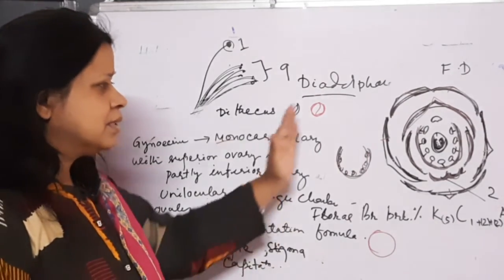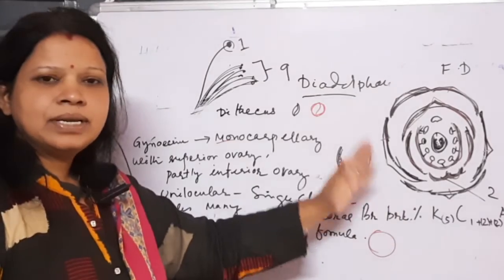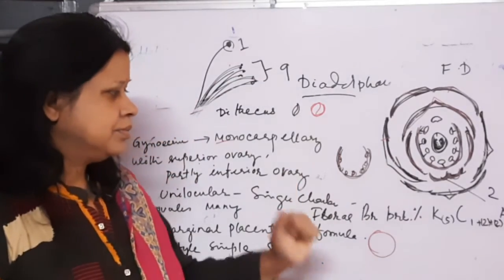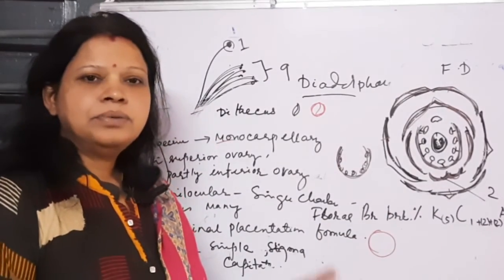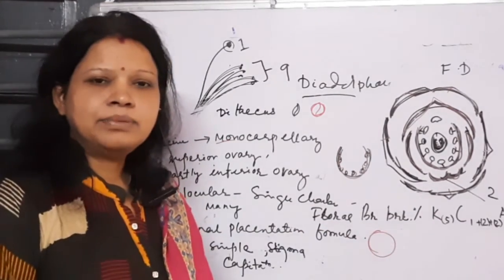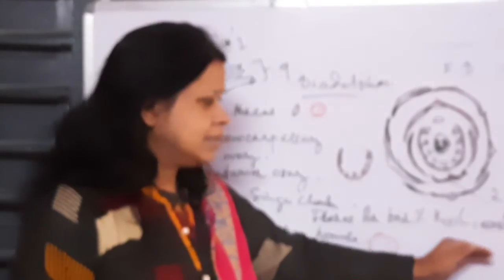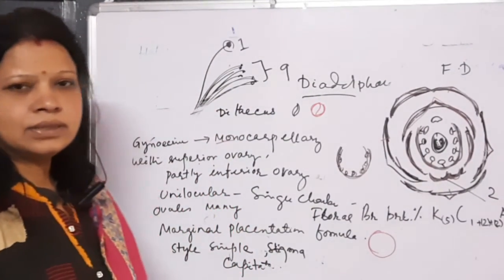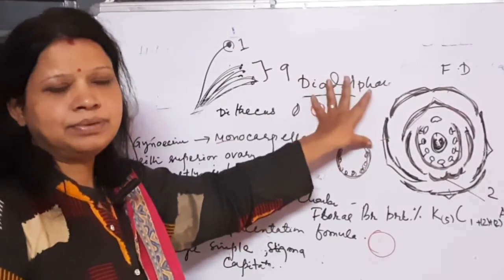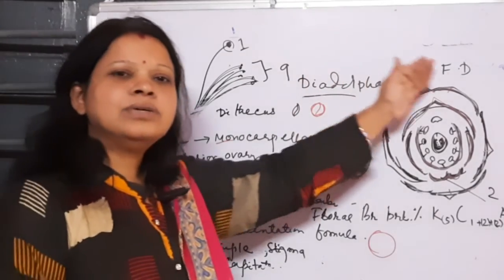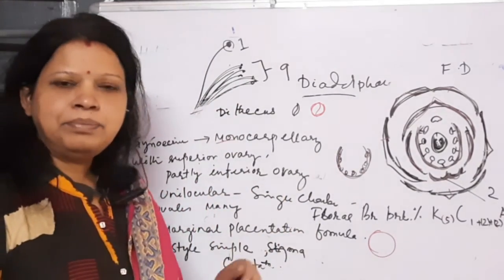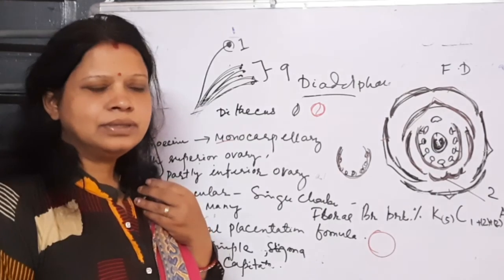Economic importance of some plants: some are pulses like Pisum sativum or Lathyrus odoratus, beans. So these are all pulses. Then oil yielding plants are also present, that is Arachis hypogaea, or peanuts or groundnuts. This is one of the largest families, that is Fabaceae. And according to some taxonomists, this family is divided into 3 subfamilies, and this is under Papilionaceae. So this is all about the family Fabaceae.